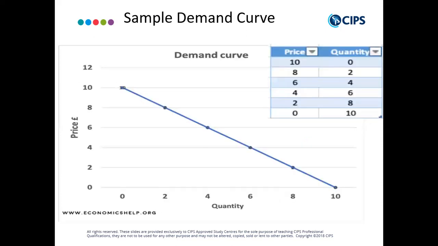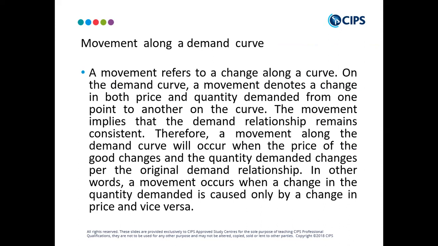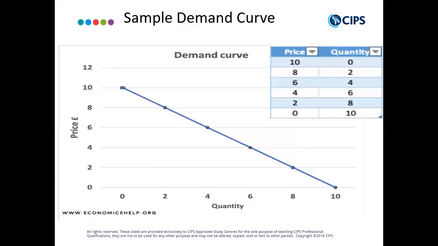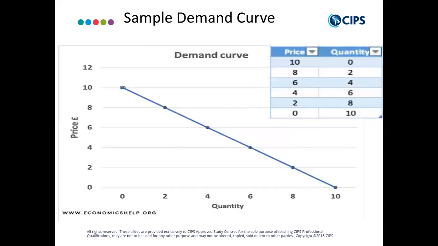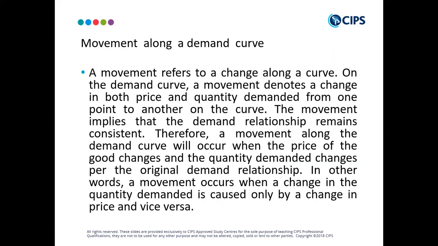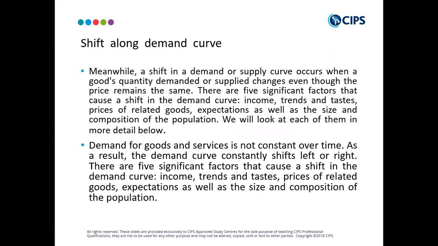You see the correlation there, guys? This is another demand curve. So we are looking at movement along the demand curve. When the price of the good changes, the quantity demanded changes. I'll say it again. When the price changes, the quantity demanded changes. That's how you observe the demand curve and the movement along it.